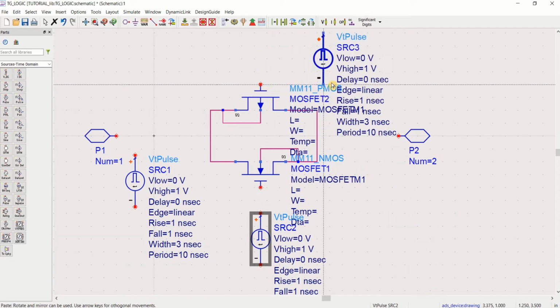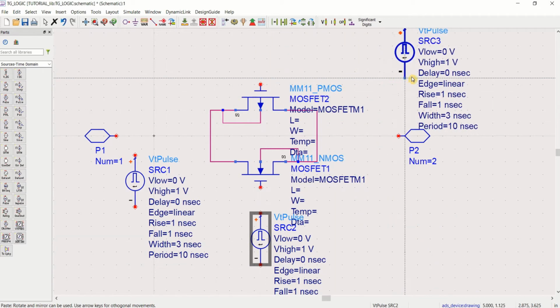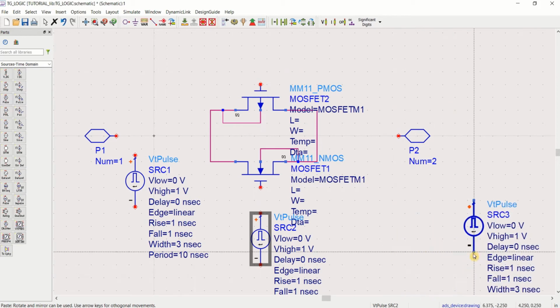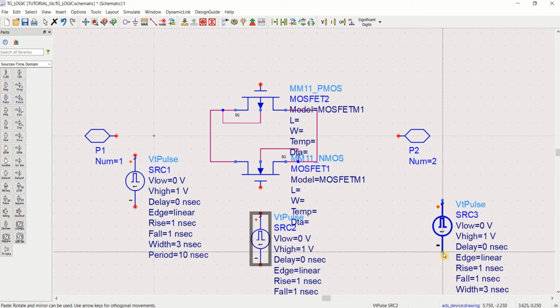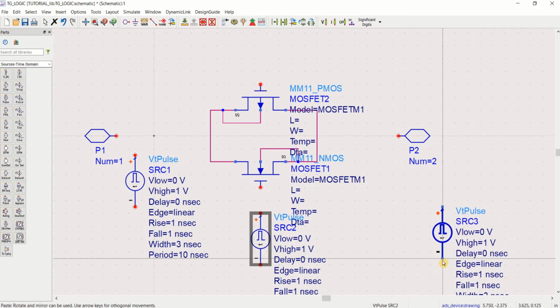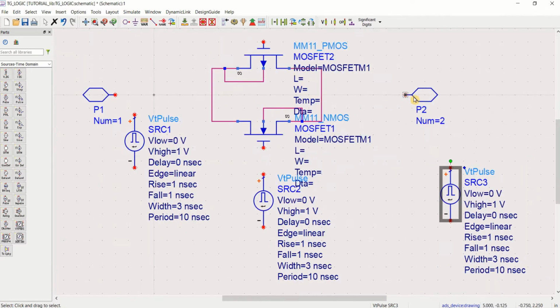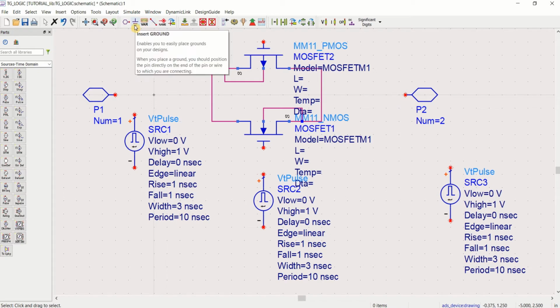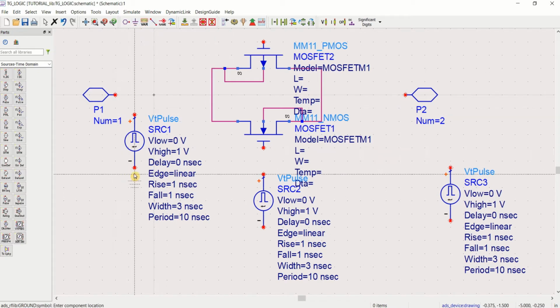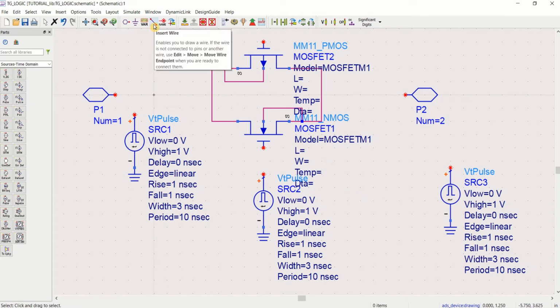And to this also, one more source I am placing. So connect these. First I will place the ground. Now make the required connections using the wire.